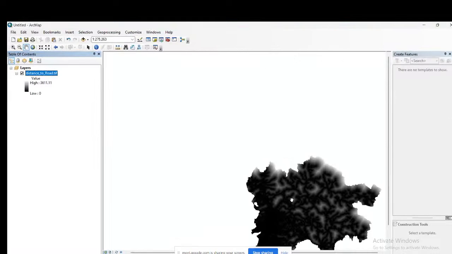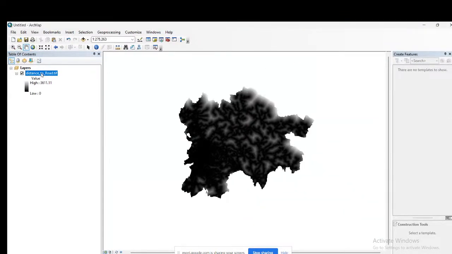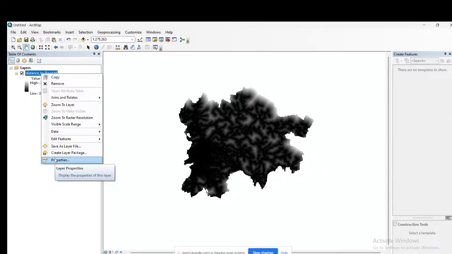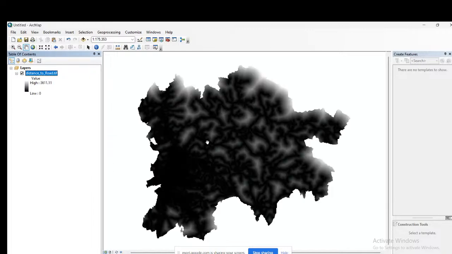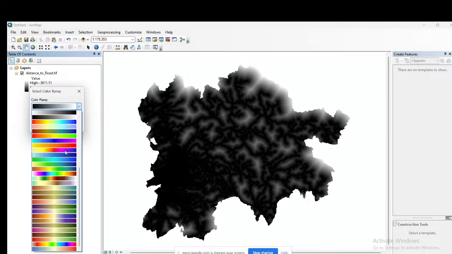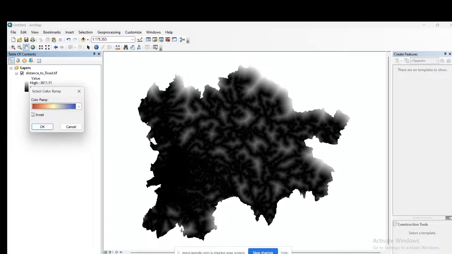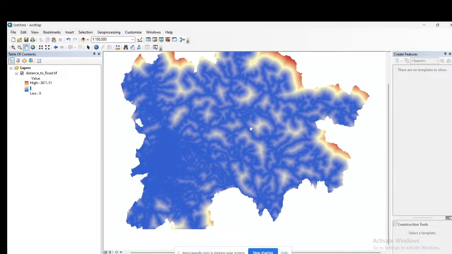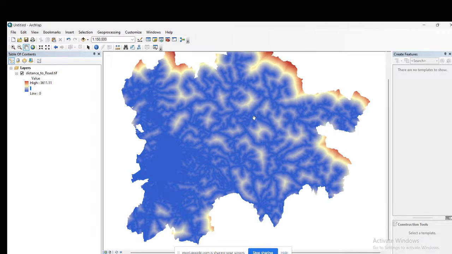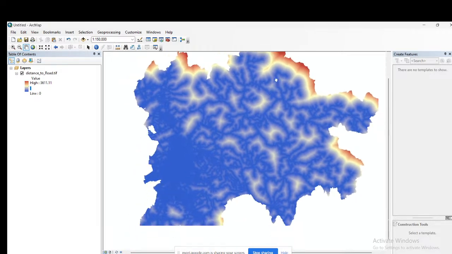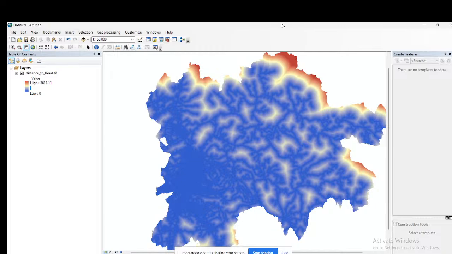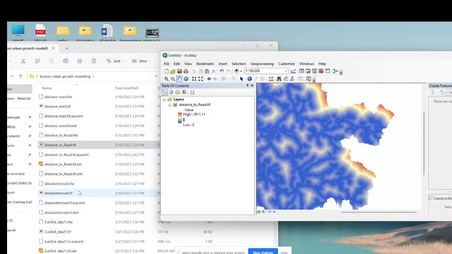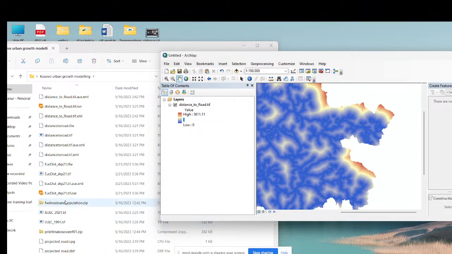Okay, so here I already created this distance to road map. There is no problem when I create this map, and you can get this result, which looks like this. Yeah, so this is our map. We created the road map. Okay, so this is the distance to road map. I think there is no problem with this map, and also we need to work with this